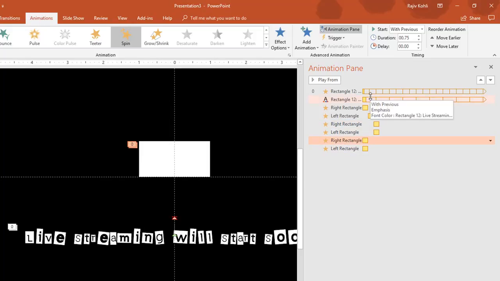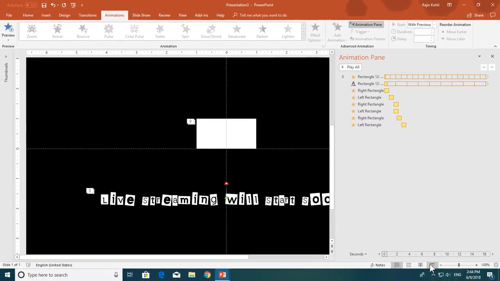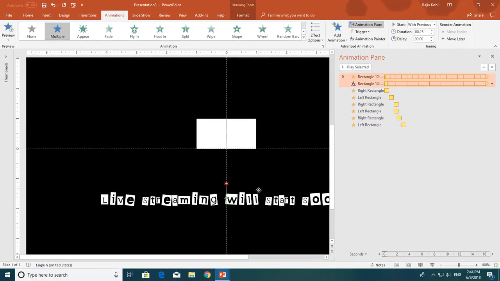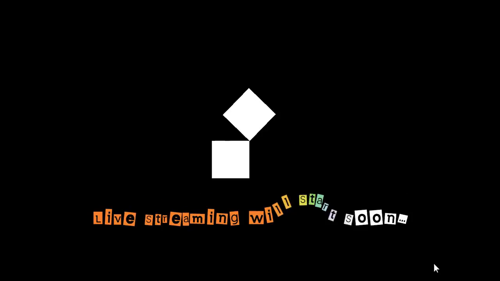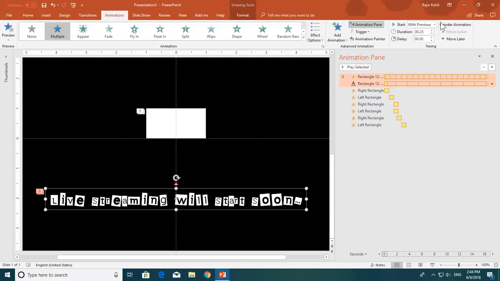This way your text animation will continue to scroll at the bottom and the rest of the animation will move along with it. Now let's see the slideshow, and let me move this text a bit down. Okay, as you can see, both of these animations are working together. Let me slow down this text animation a little bit.